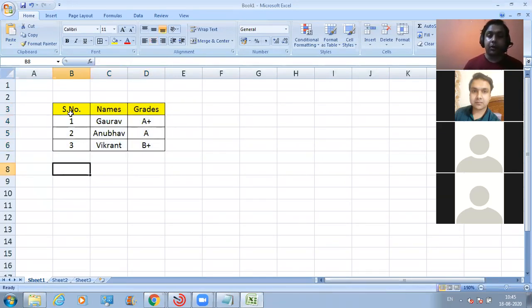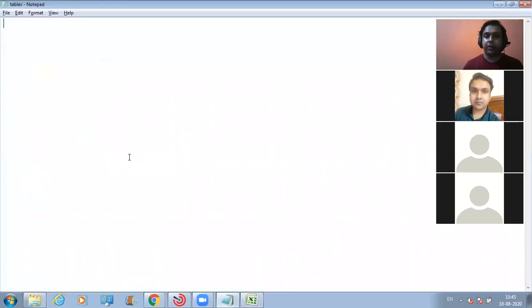So today we are going to learn how we can make a table like this in HTML. Now, before that, what is the first step that we need to follow? What is the first thing that we need to do? We need to define the basic structure of HTML. Absolutely right. So that's how I can do it.